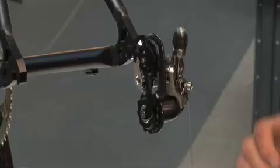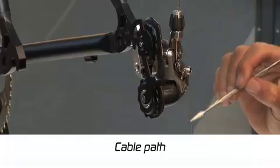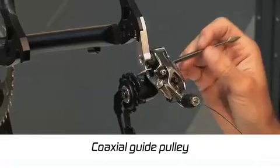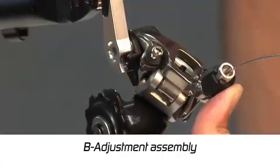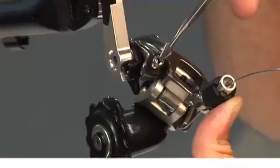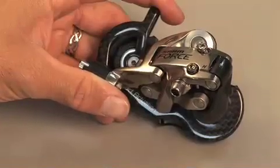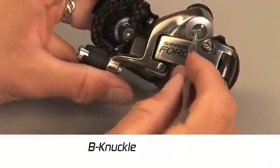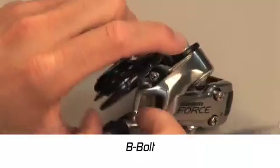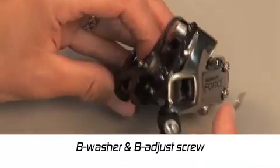The three physical features unique to our road rear derailleurs are cable path, coaxial guide pulley, and the B adjustment assembly. Both Rival and Force share the following subcomponents: B knuckle, B bolt, B washer and B adjust screw,